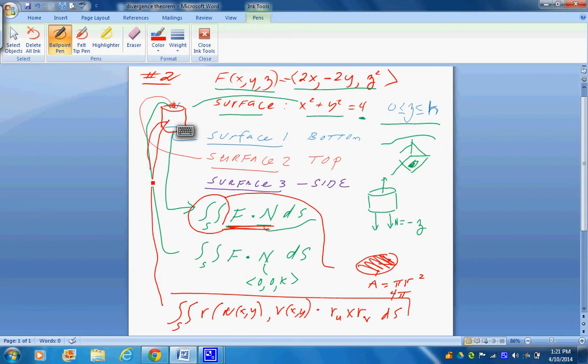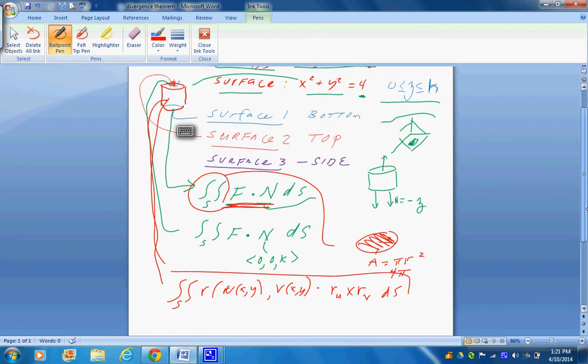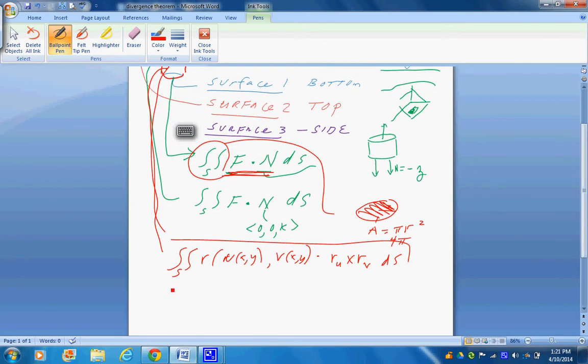So I'm using a different formula for the side of the can. I'm going to put it in vector form rather than use it the way that they have it up there. And the reason is because it's a different type of surface. It's going to be easier to write that. So as long as I'm at it, I might as well go ahead and figure out what that is. For the third one,